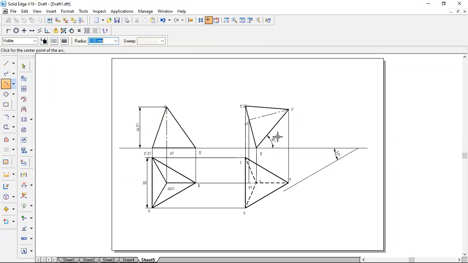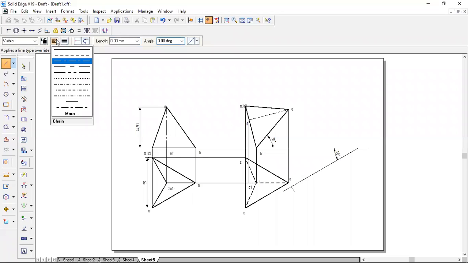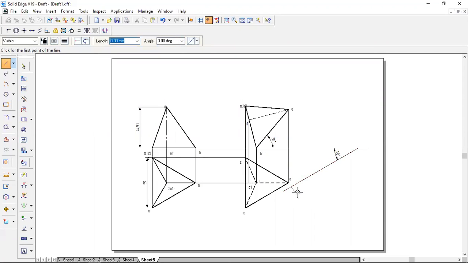So we need to take the arc by center point. So this has the center, 55 mm as the radius. Okay, 55 mm as the radius. Draw an arc to get the locus. To draw the locus, then we know that the apparent length of the edge